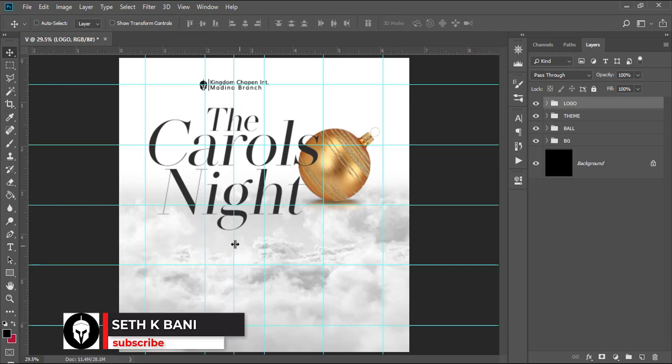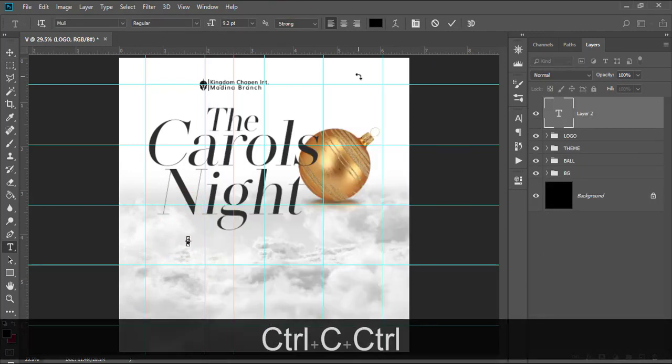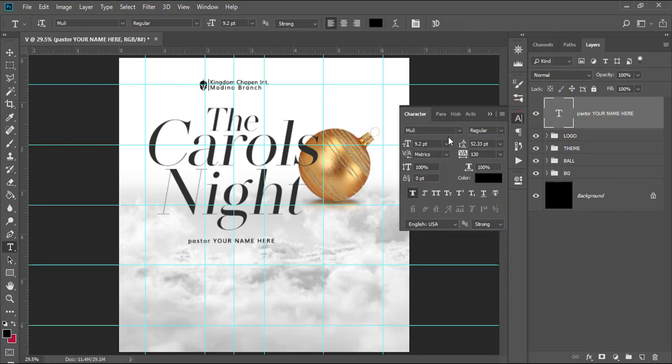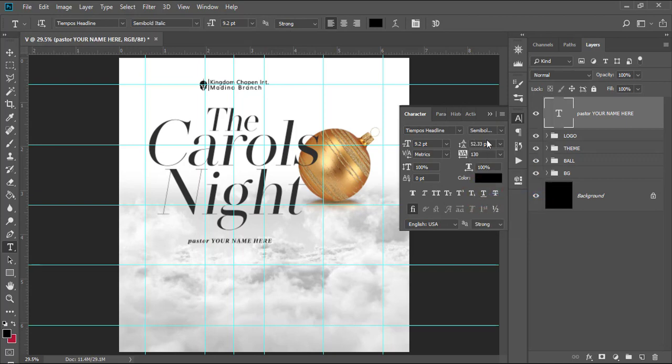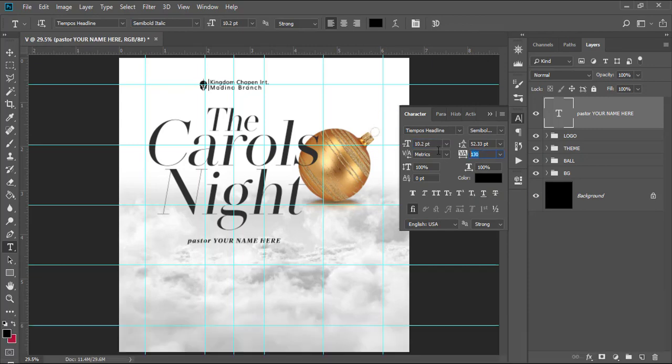Now let's bring in the name of this person, or the speaker or whoever the church, whoever is having the occasion. Okay, and so with this one we are going to use a font called Tiempos Headline. Now in this particular flyer I use just three fonts. Okay, so let's make sure this is off, but then let's go here, set here to semi-bold, and then over here let's set here to 10.2. Let's see. Okay, your tracking here to 0,